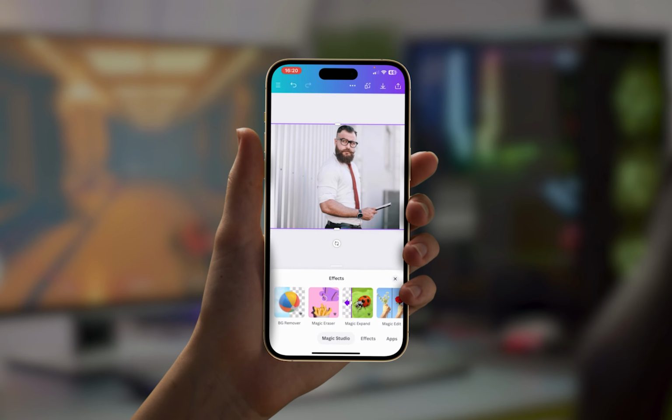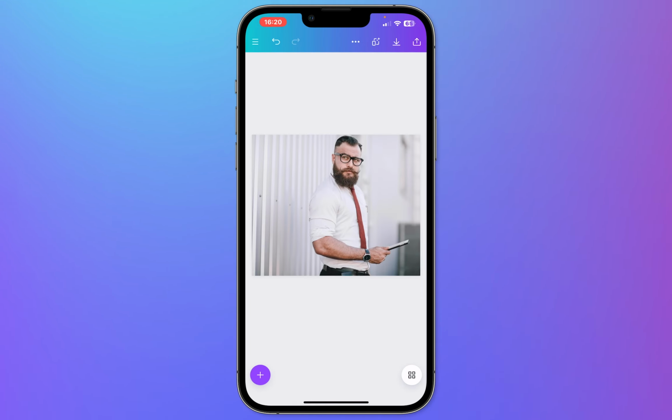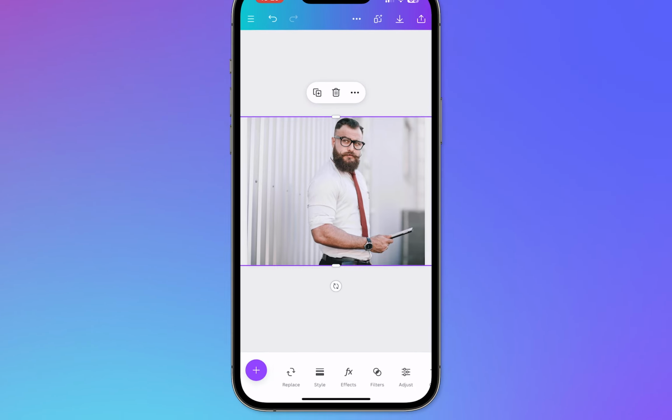How to remove the background of any image on the Canva mobile app. Let's get into it. First things first, we want to go ahead and open up the image we want to remove the background of. With the image open, all you need to do is tap on the image and then